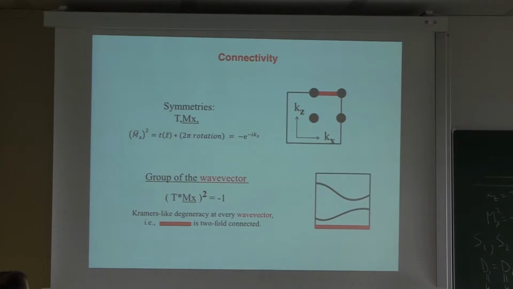And this is a fundamental thing, because I can now call T times mx a new operator, T tilde, which acts like a time reversal anywhere on these points, right? It acts like a spinful time reversal. It contains complex conjugation because it borrows it from this time reversal, and it squares to minus 1. So it acts like spinful time reversal. And spinful time reversal has Kramers degeneracy, but unlike time reversal, this acts at every point on this line, so bands are doubly degenerate on this line. So this is the connectivity: d3 is equal to 2.